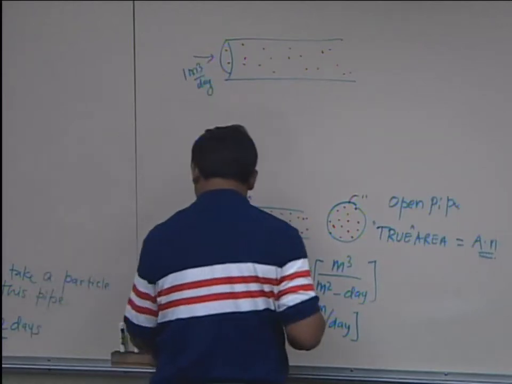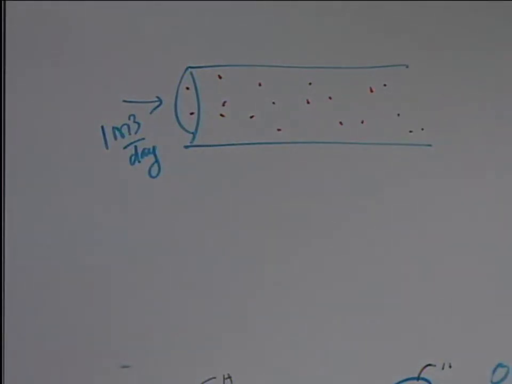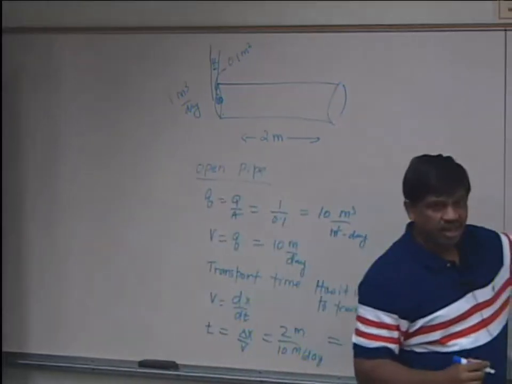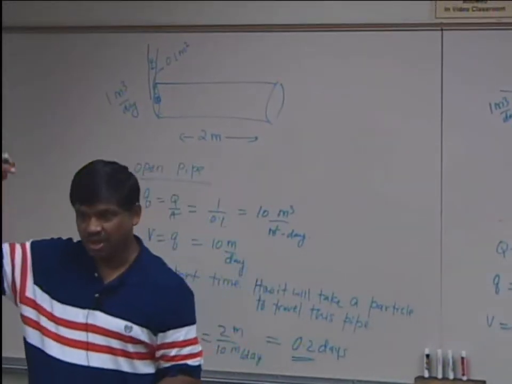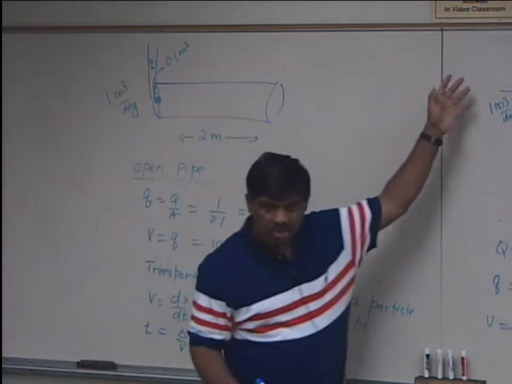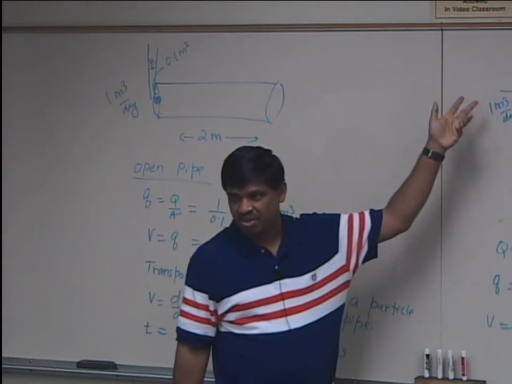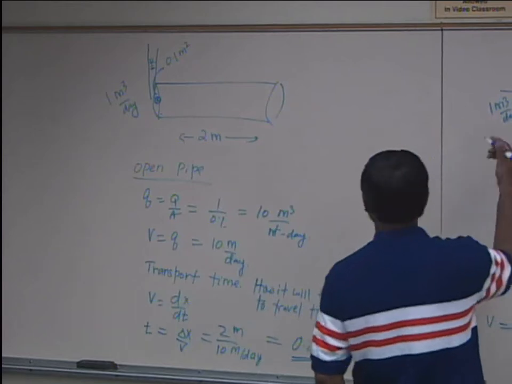As a side note, if I connected a manometer here, and the water level is somewhere here, what would be the reading on the manometer? It will be huge. If this is 1 meter, this will be huge, 10 meter, 20 meter, whatever. So you have to put in an enormous amount of energy to overcome the friction losses and so on. Okay, but if I push the same flow,